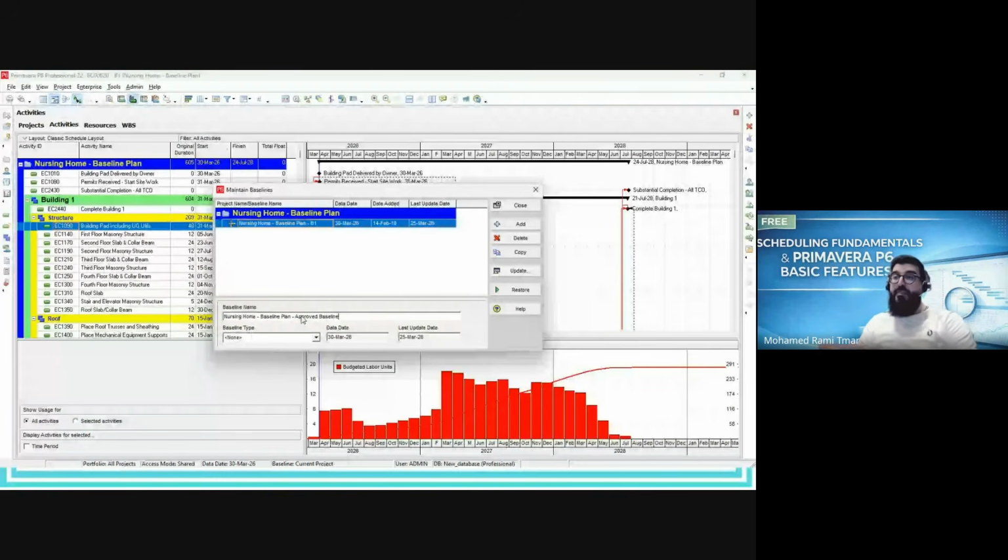Okay, but the idea here, first, never delete your old baseline, because the old baseline is always the reference in case of claim, in case of any problem or dispute, etc., or arbitration. A second thing, why we use this baseline option in Primavera P6, which is one of the best practices,